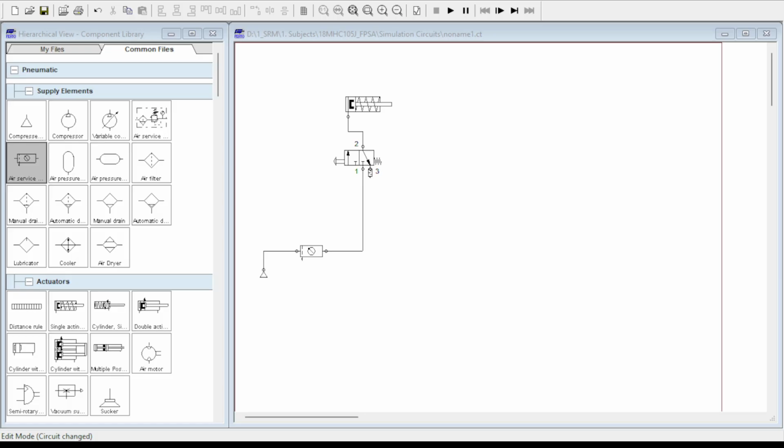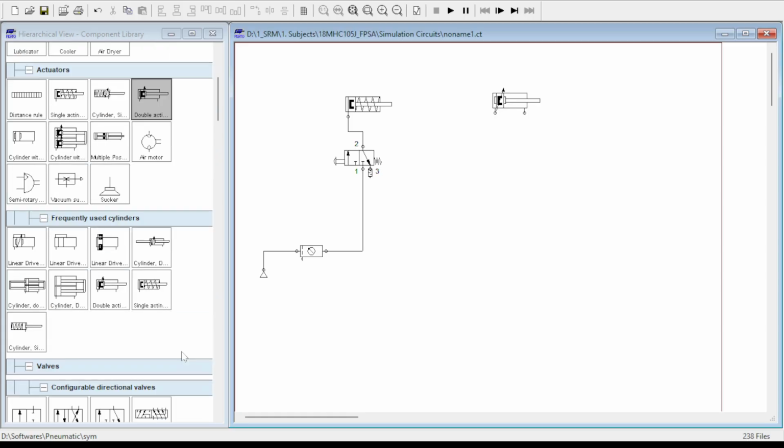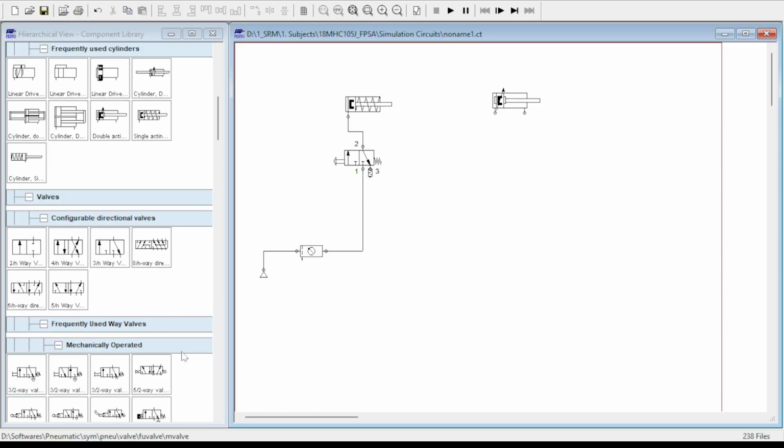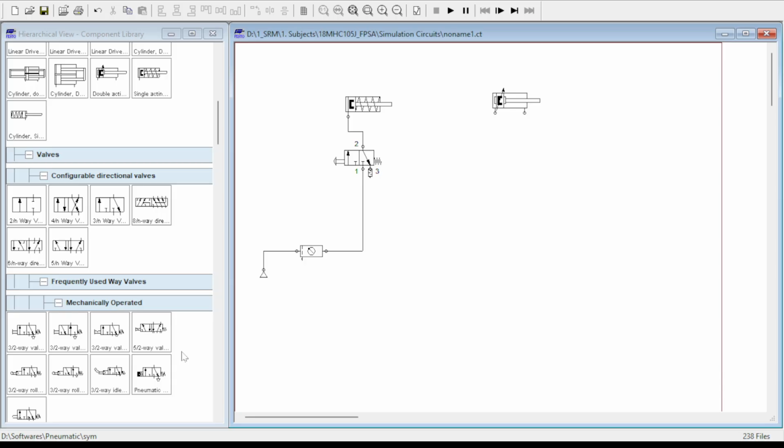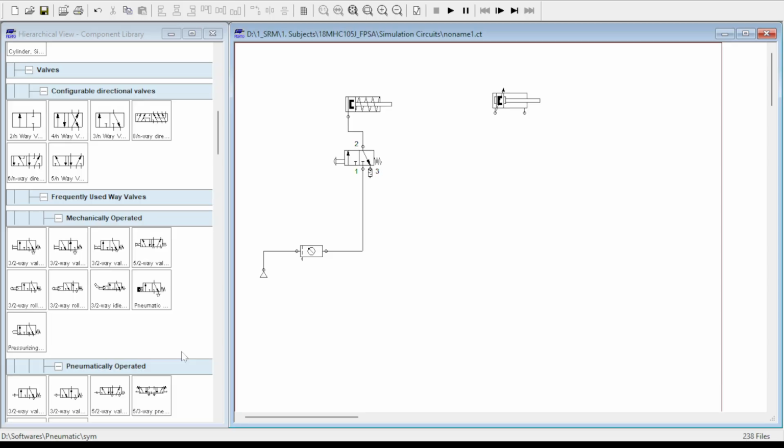Next, we will try to implement direct control of a double acting cylinder. So we will pick and place a double acting cylinder here. You can see a double acting cylinder consists of two ports, one at the cap end, the other at the rod end. In order to control a double acting cylinder by direct means, we will require a 5x2 DCV, and a manually actuated 5x2 DCV can be a push button actuated DCV or a detent switch, and I am taking a 5x2 push button actuated detent DCV.